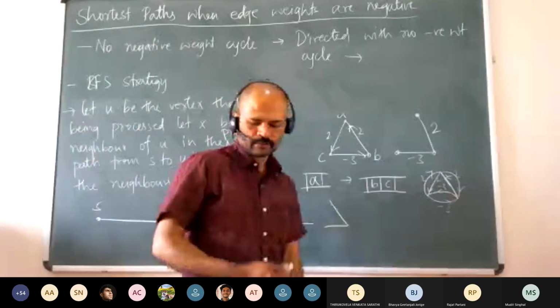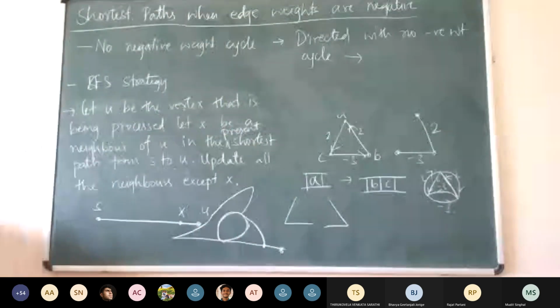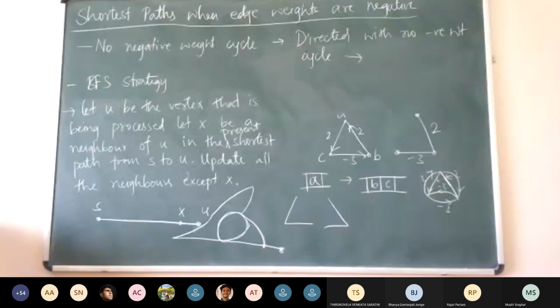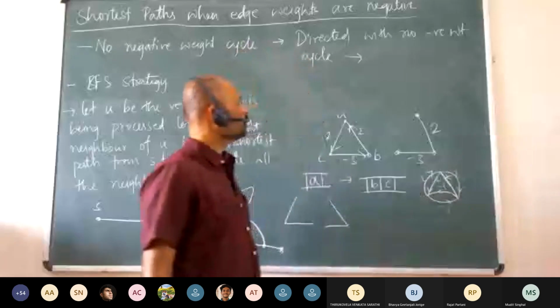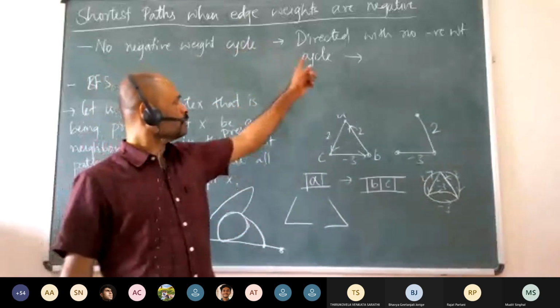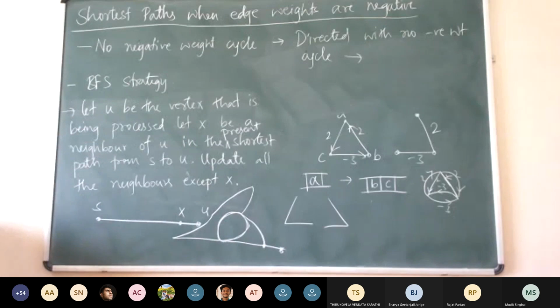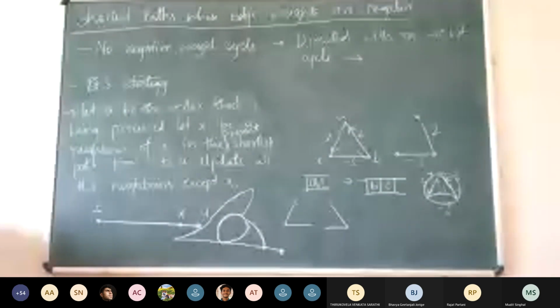In an undirected graph, your doubt is correct, right? So you can keep on moving from B to C. You can keep on using this edge BC innumerable times to keep on reducing the length of the path, right? Good. So how do we prove this? So why does this algorithm work when the graph is directed with no negative weights?